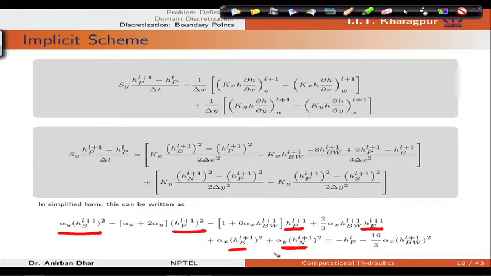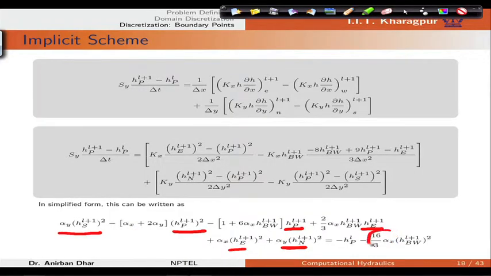In this case, we do not have any H_W term, because we do not have a W cell in the case of the left boundary. On the right hand side we have this 16/3 alpha x B_W, this is the first term. We need to transfer this to the right hand side,